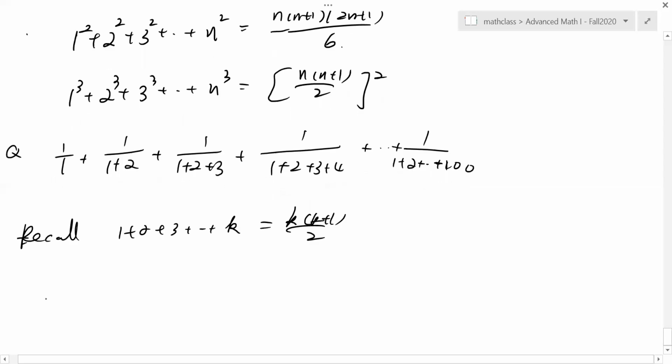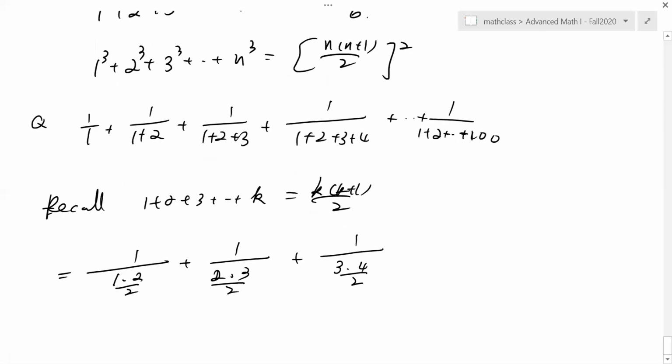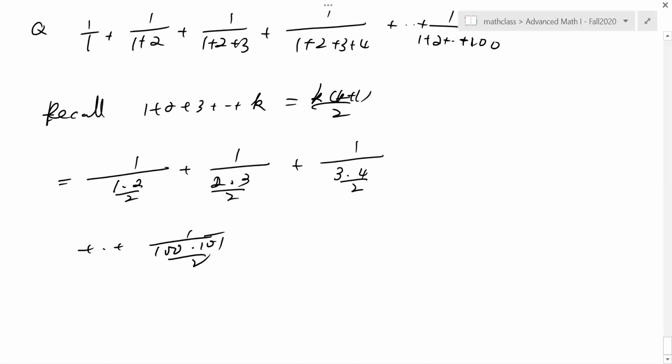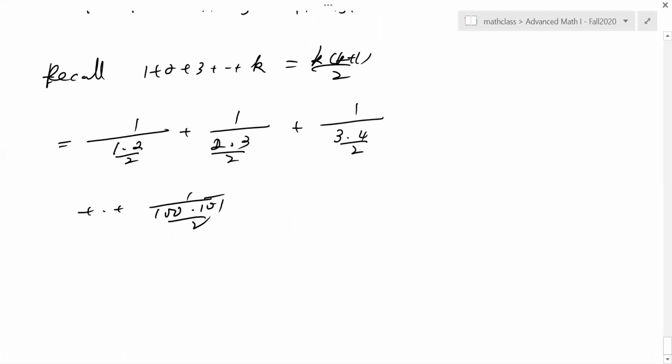So if k is 1, it's going to be 1 over 1 times 2 divided by 2. When k equals 2, when k equals 3. Okay, so the last term is 100 times 101 divided by 2. Right? Now don't multiply them out. You want to keep the same stuff. Then, since 2 is in the denominator, you can take 2 out. So you will get